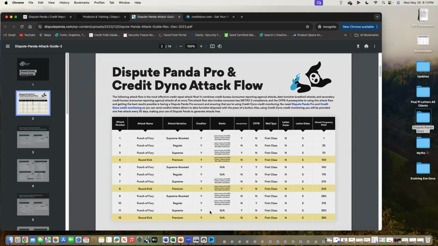So here's the thing. A lot of people know about TransUnion, Equifax, and Experian, but a lot of people don't pay attention to the fact that there are other companies that, number one, are also owned by those companies, but are owned by other agencies that collect your information and feed that information to the actual big three bureaus.